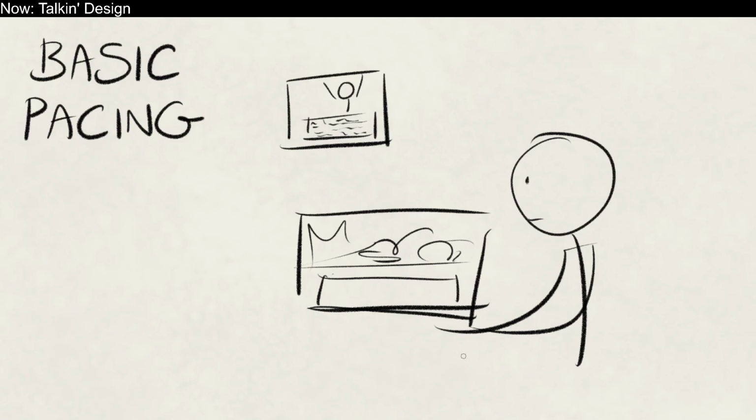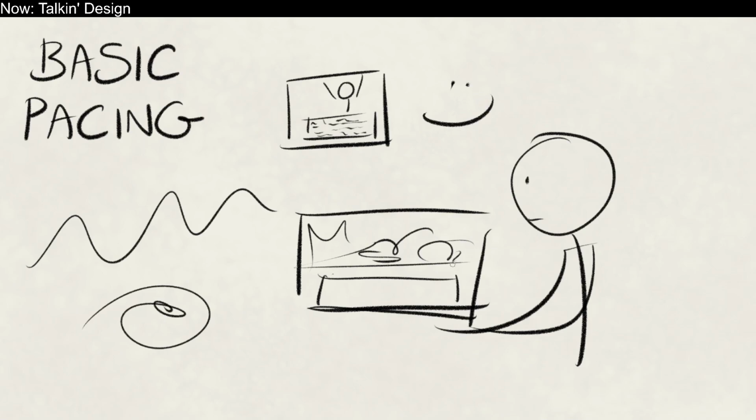So all of the formulas that you might see where pacing has to go like this, or pacing has to go like this, or pacing has to go like this, all of those are just specific approaches to having an audience member care about your work of art. And they talk about emotional ups and emotional downs and all of that, and sure, you can get into all of that. But at the most fundamental level, your job is to show the players things that will make them care. And that's pacing. You just keep track of exactly what things they're supposed to care about and show them to the player in a way that works for you.